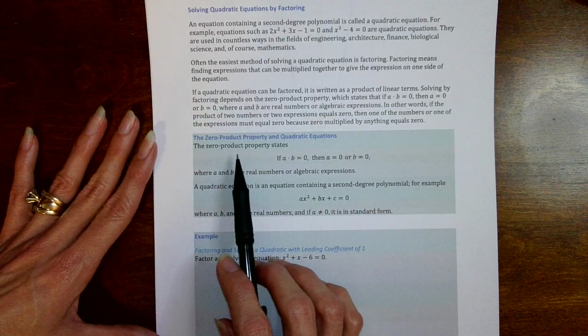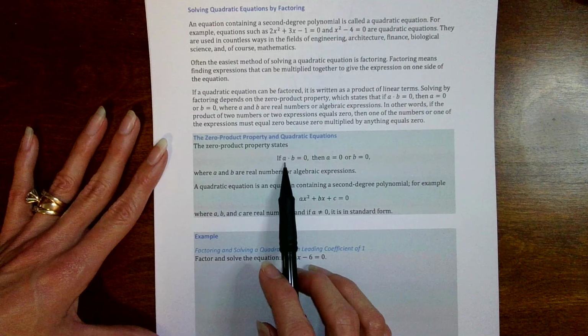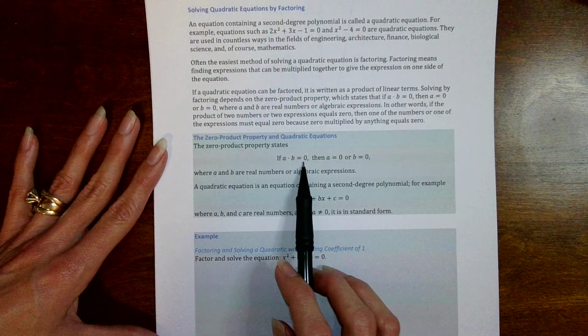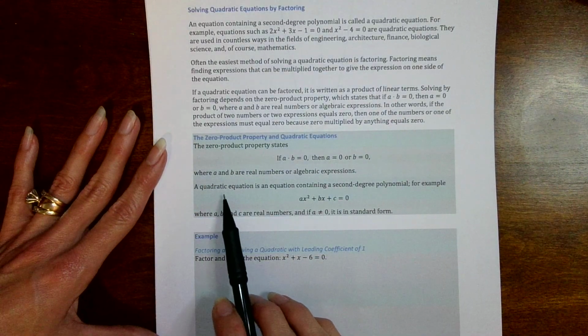The zero product property says if two things are multiplied together and you get 0 as your answer, then one or the other one has to equal 0. Okay? And a quadratic,